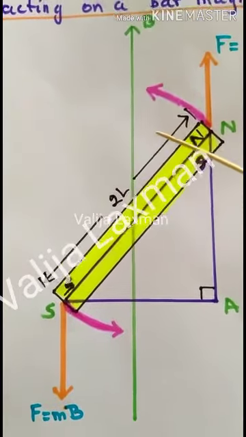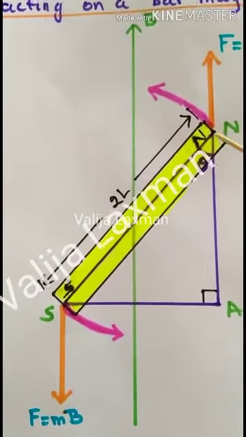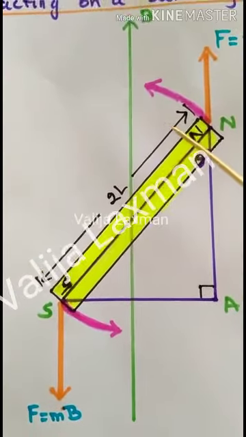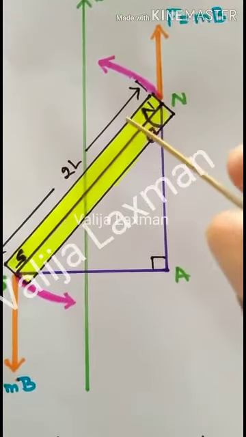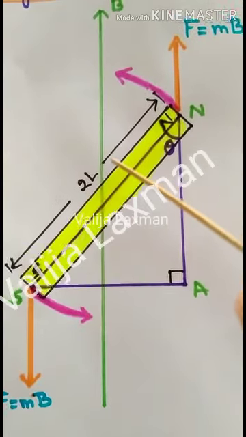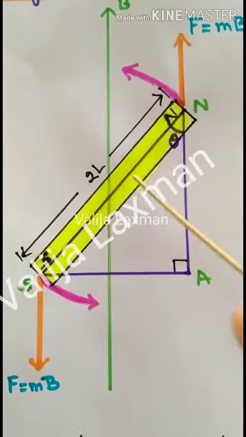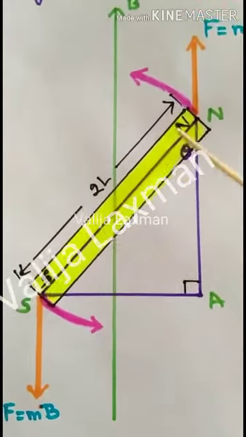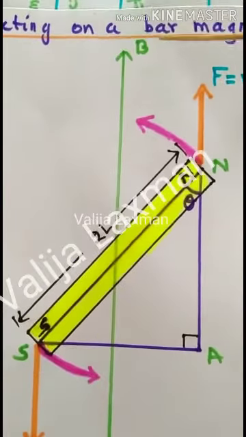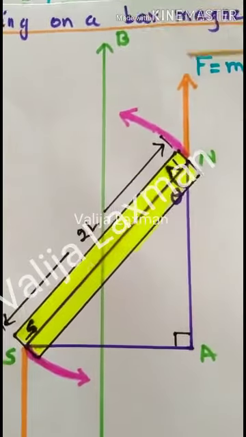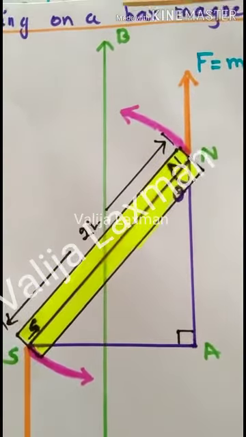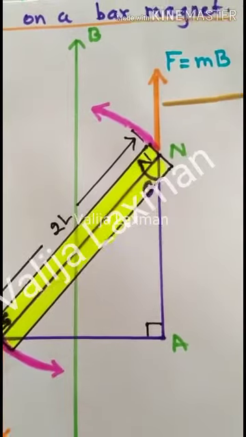Now that external magnetic field is trying to rotate this bar magnet into its direction. So there are two forces acting on the bar magnet, and the two forces are trying to rotate the bar magnet into the direction of the external magnetic field. First, here assume that this side we are having the south pole of the external magnetic field. So this side we are having the north pole here. So this north pole is attracted towards the south pole. That is indicated by this orange color arrow.